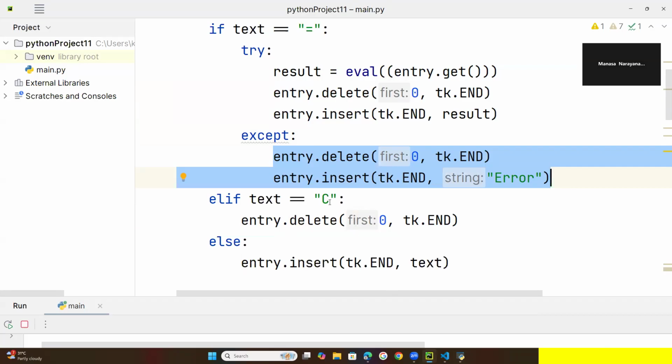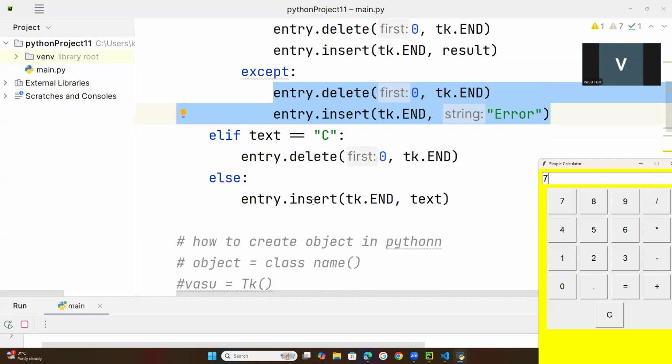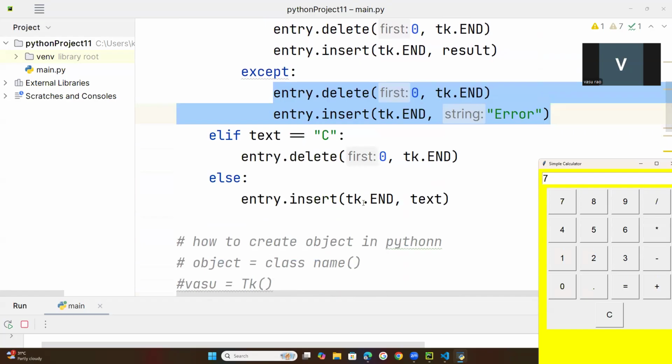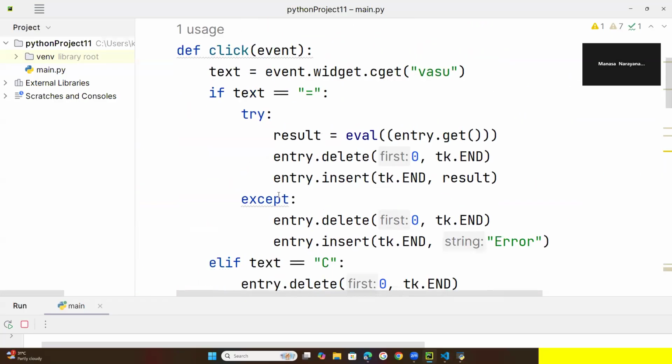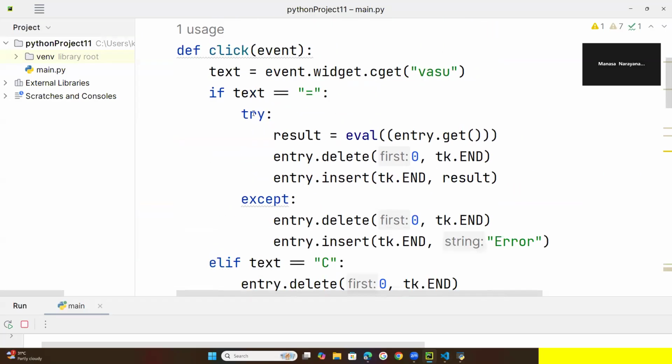Whenever you click on C, the previous data will be deleted from the 0 character to the n character. Otherwise, finally, entry.insert tk.end text, so the text will be inserted at the end, the last index. Okay. So up to this code, any doubt in the class? Okay. This much of code from here to here